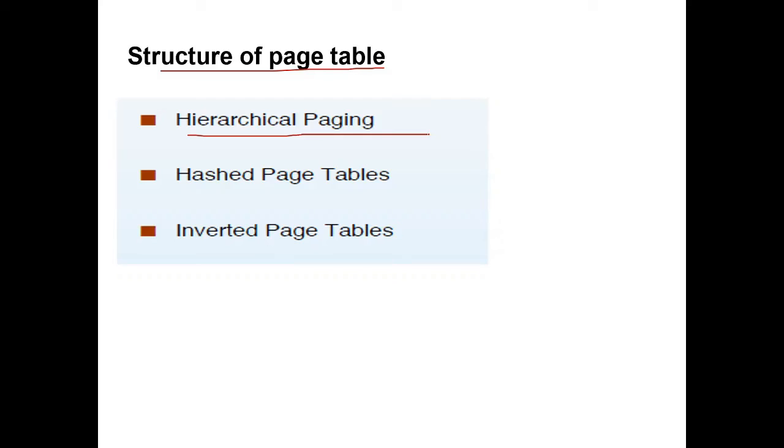If you consider large systems like 32-bit systems and 64-bit systems, in these systems the page table size also increases. It is going to become large. Lakhs of entries will be stored in this page table, and as we know the page table will be stored in the main memory, and the main memory is limited. So if it takes a lot of memory to store the page table only, then we cannot execute the processes.